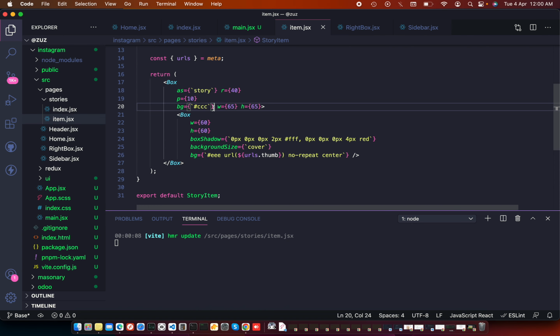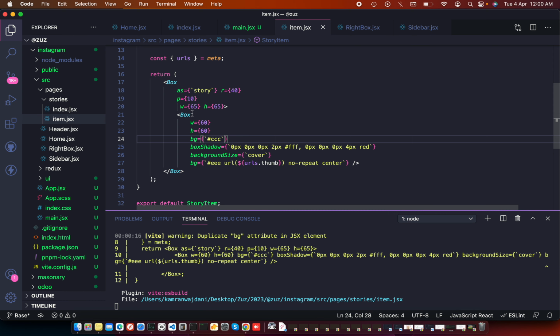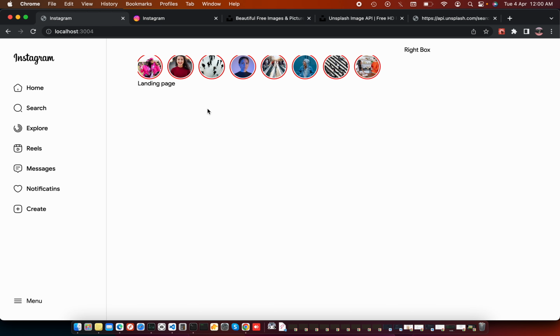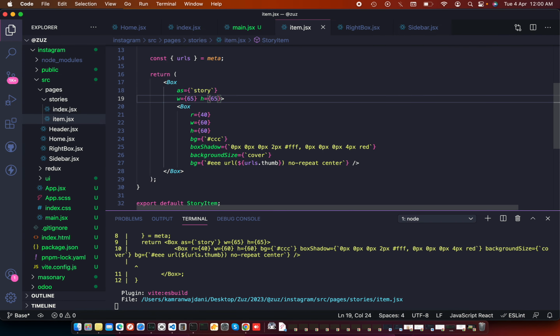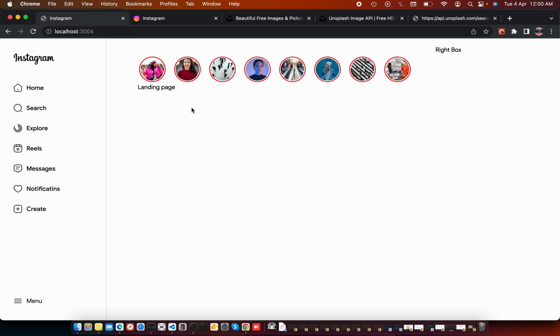And for background, let's move here and remove this padding and radius from here to here. And now if we change its flex AIC JCC, it will be perfectly centered. Now increase the size, and here we go. We have this nice stories block,